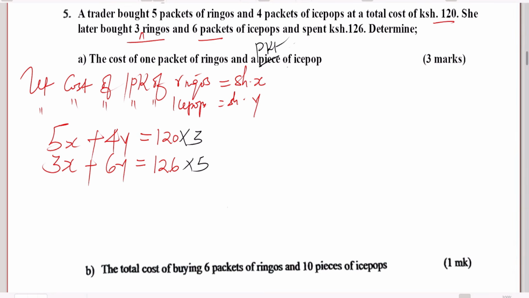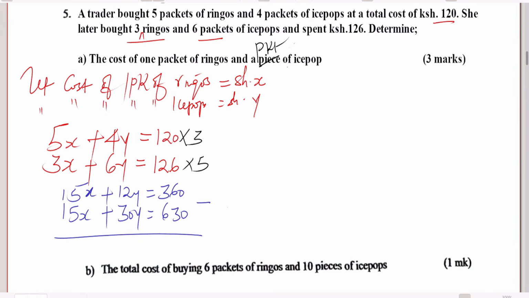And therefore, this will give 15x plus 4 times 3, this will give 12y is equals to 360. The second equation should be multiplied by 5. So this will give 15x plus, then this will give 30y is equals to 126 times 5. That will give 630. Now you can subtract to eliminate x. 12y subtract 30y is negative 18y. Then 360 subtract 630, that will give